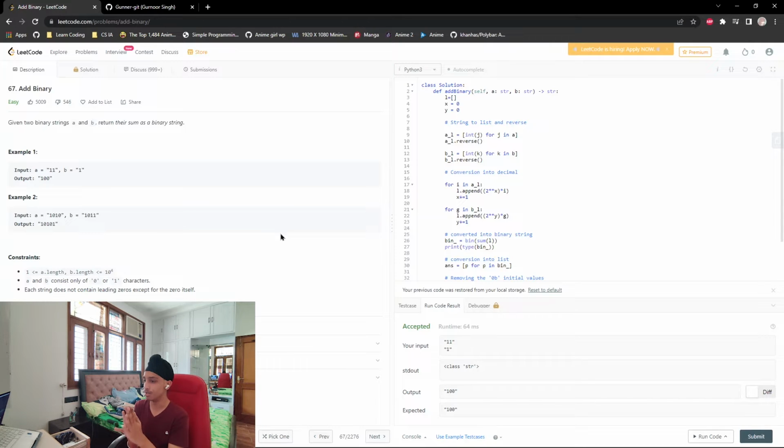I've done bin_ is equal to bin in brackets sum(l), which is just adding all the elements in the list l, where I added the decimal values of a_l and b_l into the list l. I've added them all in this one small piece of code, sum(l), and then I've converted them into binary using the Python function bin, which essentially converts decimal to binary. To show that it actually converts into a string and not an integer